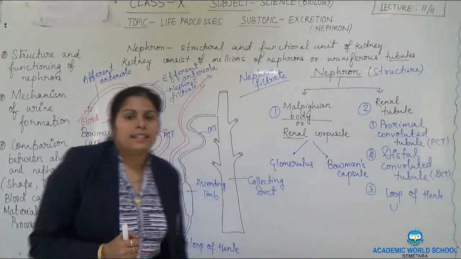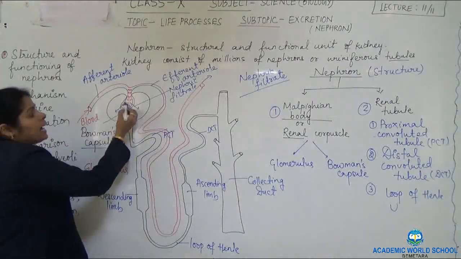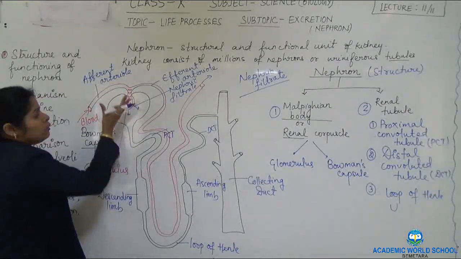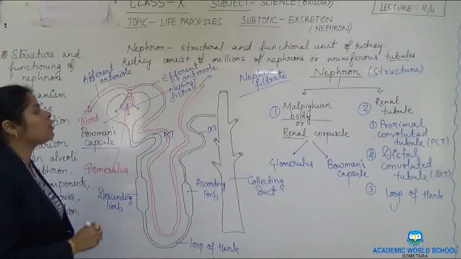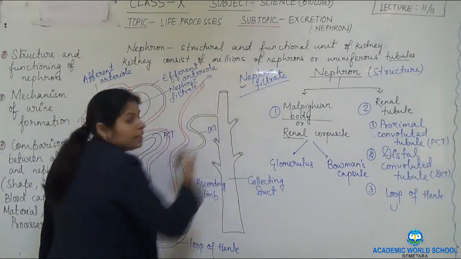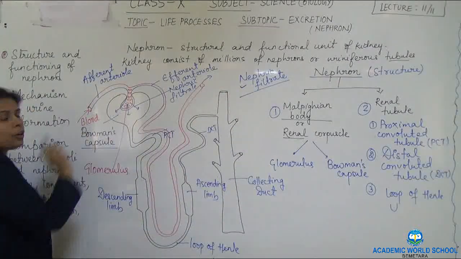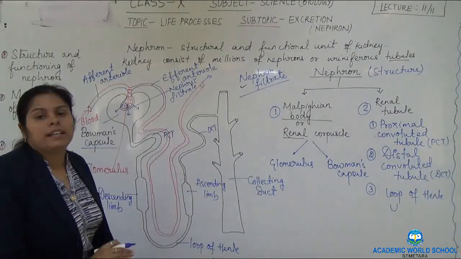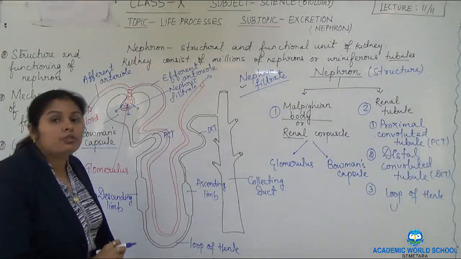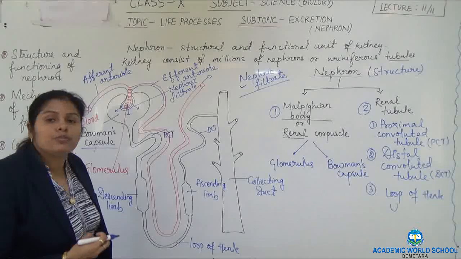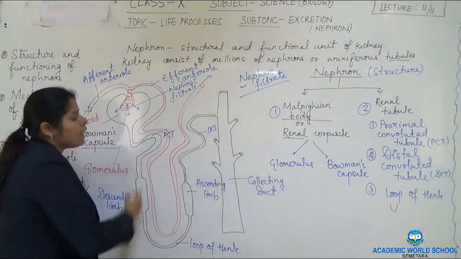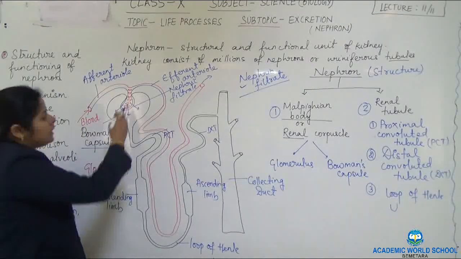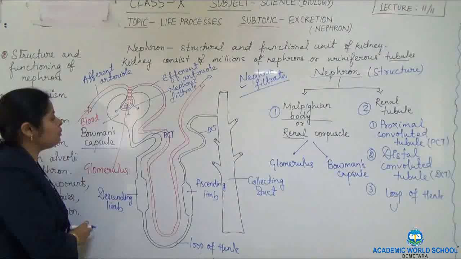So what we understand is that the liquid that is oozing out from the glomerulus into the Bowman's capsule is not urine. We will not call this liquid urine, we will call this liquid nephric filtrate. Why? Because this liquid not only consists of waste material, it also consists of useful material. Now this useful material has to be restored into the body. Again we will see how we proceed when this liquid moves down the renal tubule.